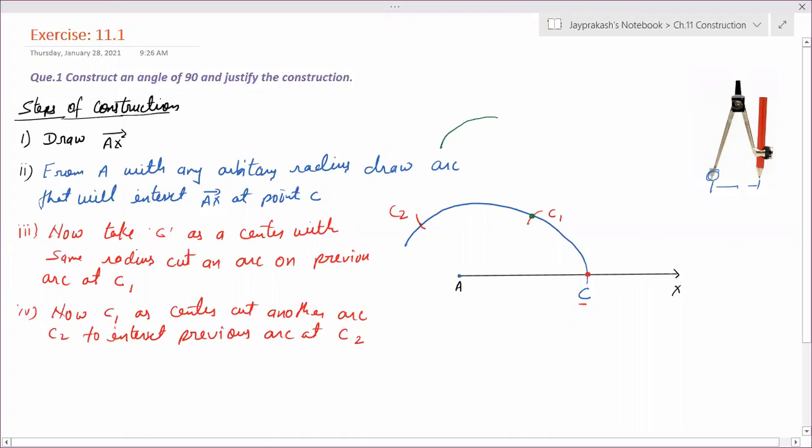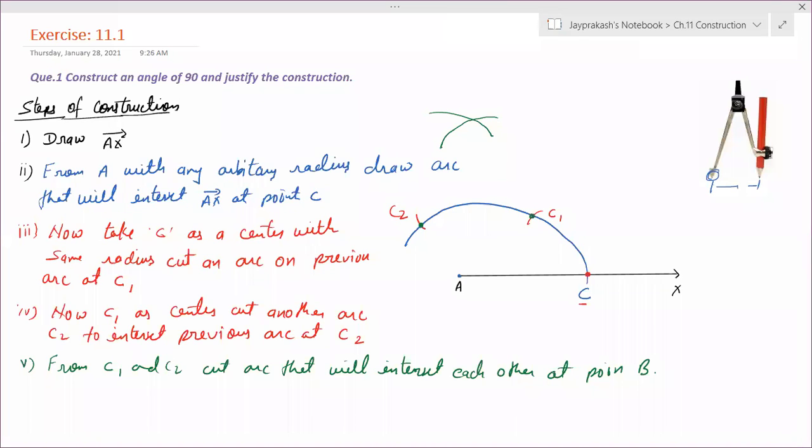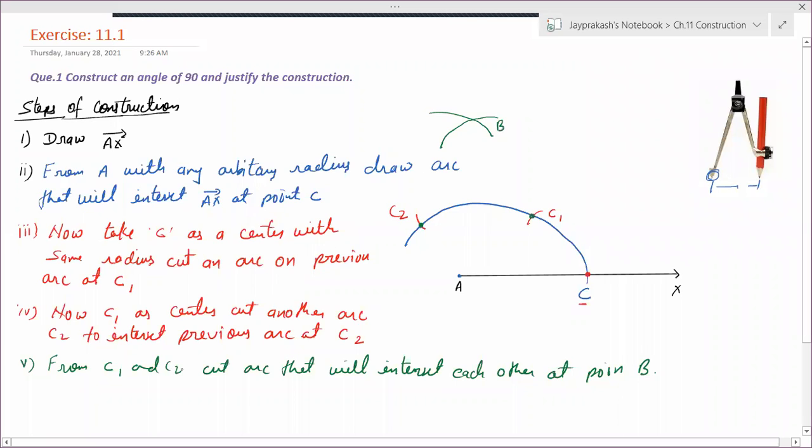And now you have to change the center to the point C2 and cut the previous arc. So this is the intersection of the arcs from C1 and C2. So we've written the step here: from C1 and C2, we have cut the two arcs that will intersect each other at point B.